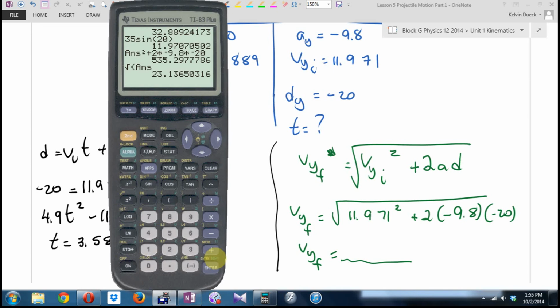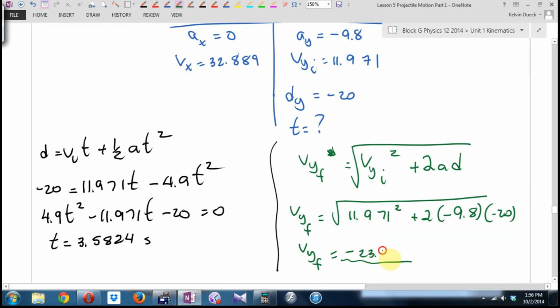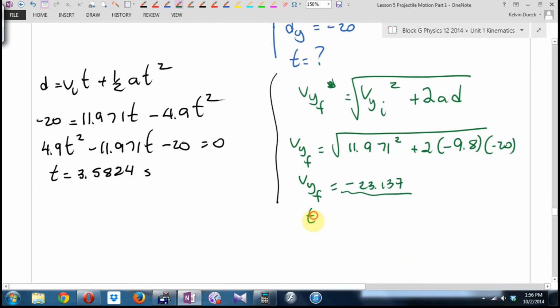No. It would only cancel out if there wasn't plus anything. The fact that there's more stuff, this is essentially like a giant bracket, which means you have to do what's inside the brackets first. Good question. So negative 23.137, negative 23.137. And then I can find T by going VF minus VI over A, negative